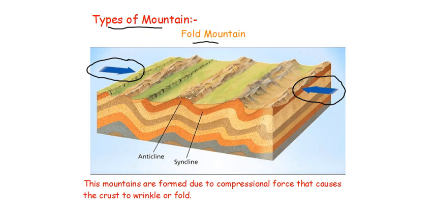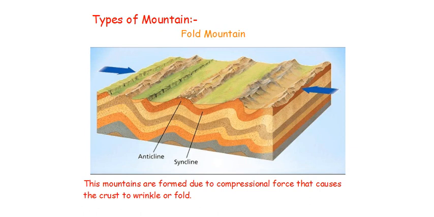So as a consequence, due to compressional force, the land surface, the horizontal layer of rocks, as you can see over here, it gets folded or develops wrinkles,